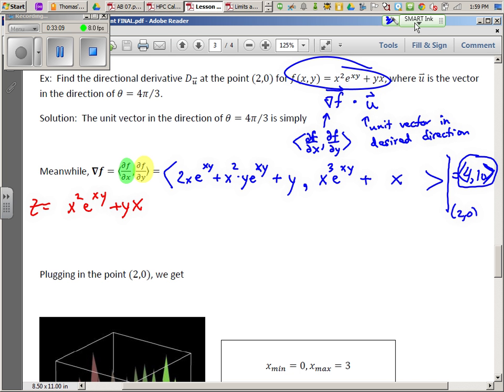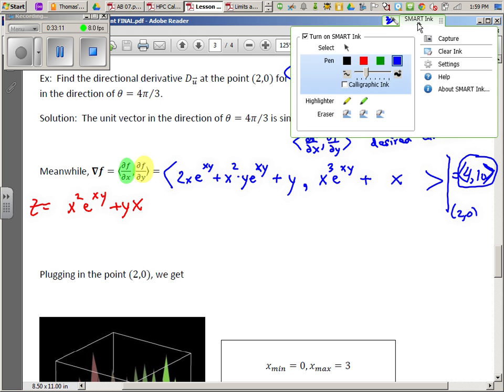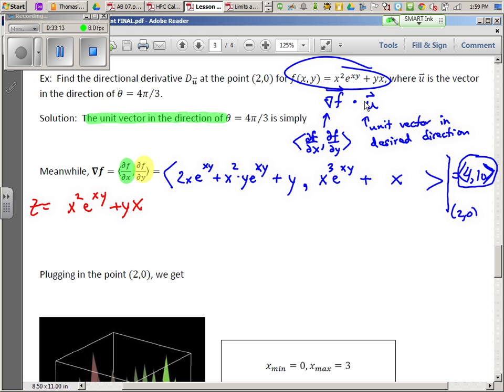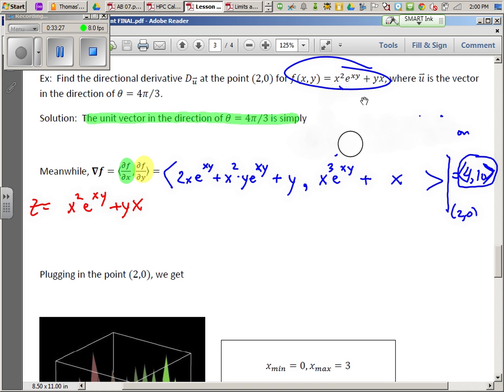We also need to go up a line here. We were supposed to find the unit vector in the direction of 4 pi over 3. How many of you know the unit circle pretty well? Two of you. You just took the BC Calc exam. Glad you know the unit circle. Didn't? Okay. Well,